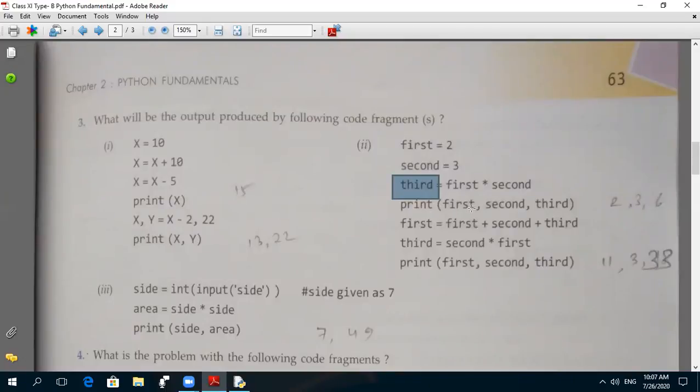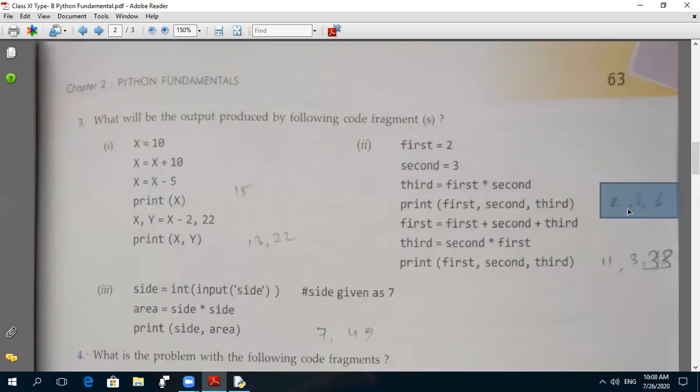Print first comma second comma third. What is the value of first? From here, the value of first is 2, the value of second is 3, and the value of third is 6. So it will display 2, 3 and 6. During the output, it will not display the comma.